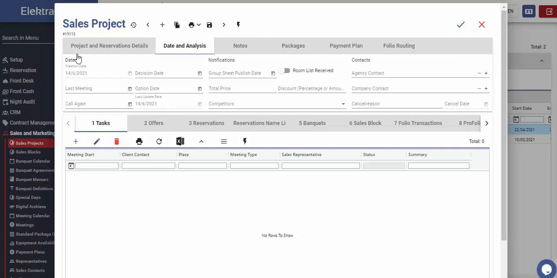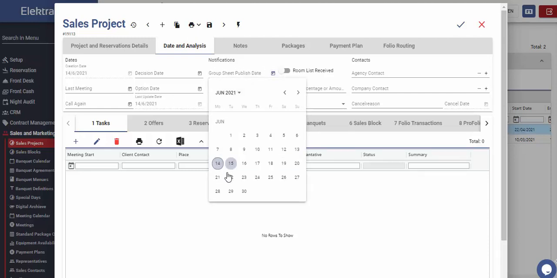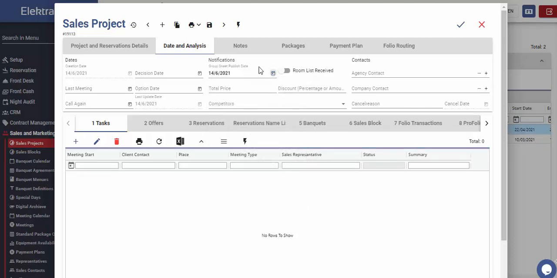The information we entered here will be important for future filtering of the related project. If the banquet organization is not in the definite status, option date and end option date can be entered in these fields. Once this is the definite arrangement and other related departments were informed about it, then this notification date should be entered here. Names of the people in the group are usually unknown in the initial phase and come as no name. When the guest name lists come, then this button should be activated.